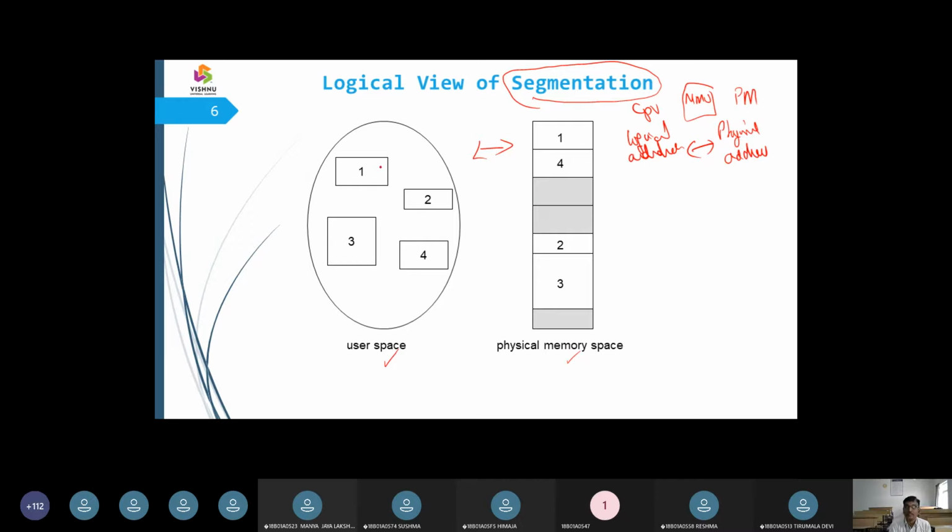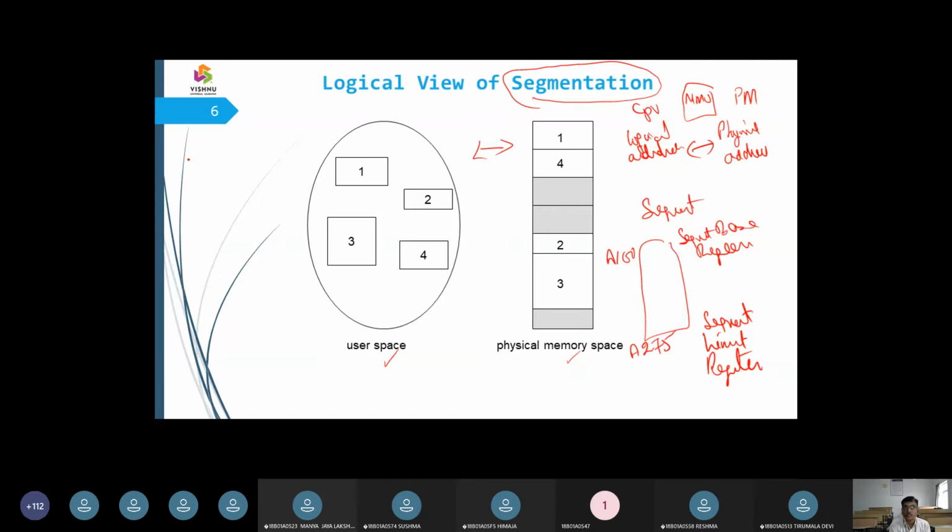Now you can see here the first segment. Every segment is going to be represented with a segment base register, and it is going to have a segment limit register. Assume the program is going to start at A100 and end at A275.